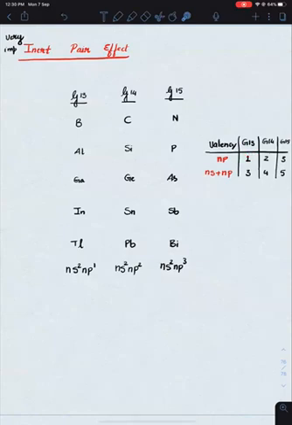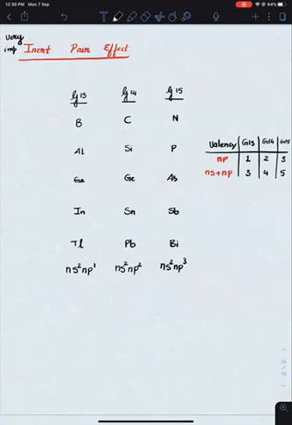So the common oxidation states or the common valencies of group 13 elements is either it can have a valency of 1 or it can have a valency of 3. For group 14 elements, they exhibit two valencies, either 2 or 4. And for group 15 elements, they exhibit two valencies, either 3 or 5. ये वाला part clear है? ठीक है. These are the valencies that are exhibited by group 13, group 14 and group 15 elements.